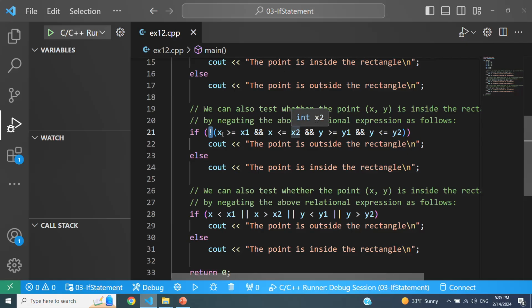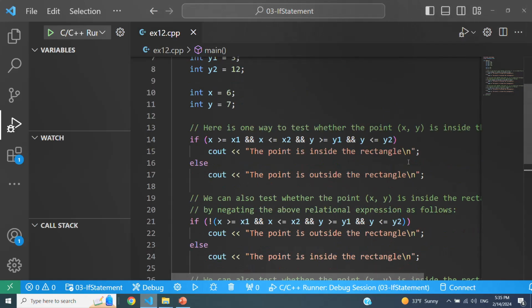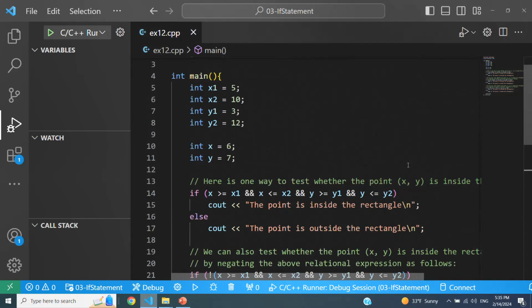You're going to see that this is called De Morgan's law when you take discrete computation structures or logic classes later on. Applying De Morgan's law is going to change this expression into this, which is basically going to change the comparison operators and also the logical operators. So and becomes or, greater than or equal to becomes less than, and so on and so forth. So basically, three ways to achieve the same thing.